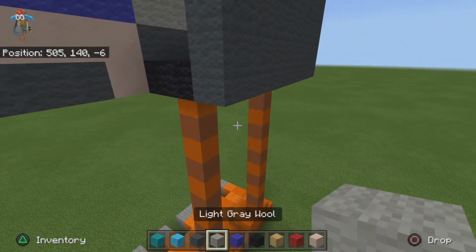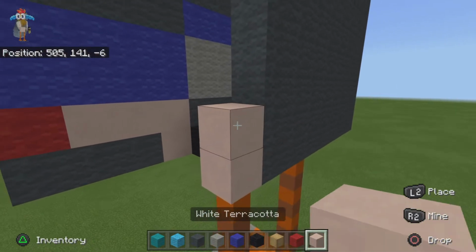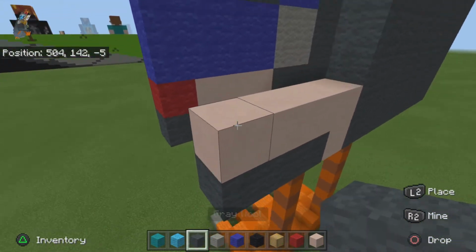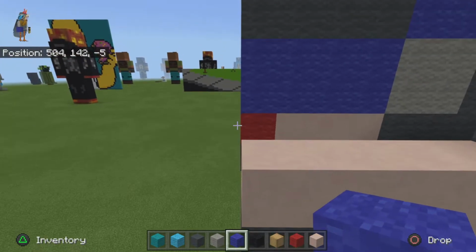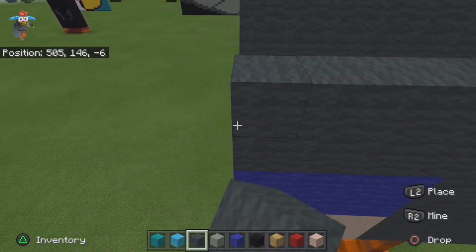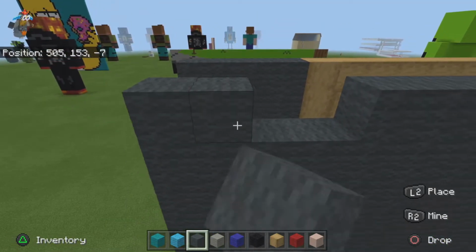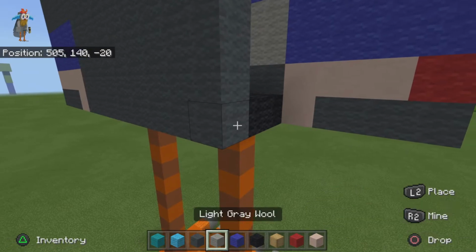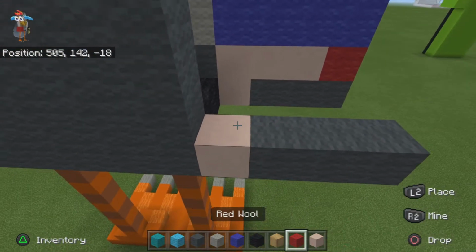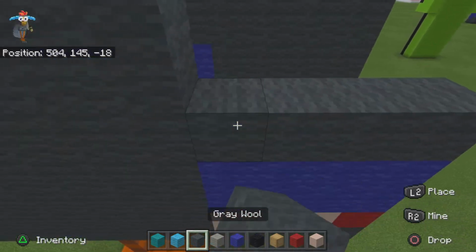So then, what you want to do is, I think I'm just going to do 2 white, then do that, and then 3 gray. Basically, just match what you have in the front, except for just take out that red. Otherwise, these arms are exactly identical. And all the sides just straight up match the colors. Then just come over here and do what I just did. So, like that. And then like that. And what will long this video is the...